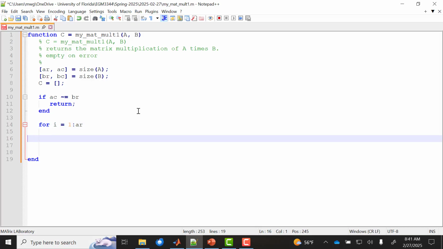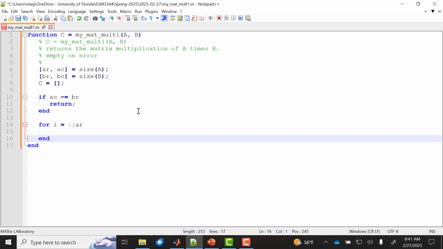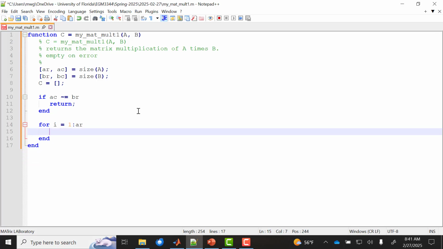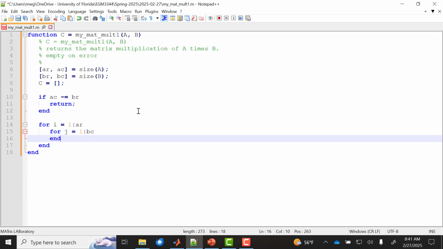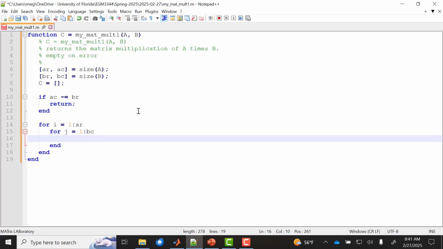Okay, I'm going to go ahead and put my end for that. And then I need to do a nested for, so I'm going to say for J, that would be my column counter, equals 1 to the number of columns in C. So I'll do that, and I'll go ahead and put my end. So for each row in A and each column in C,